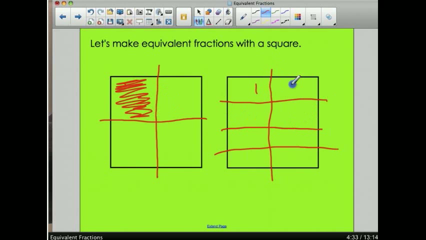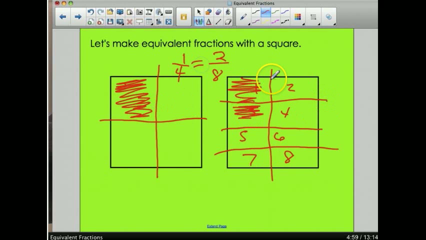Let's see, 1, 2, 3, 4, 5, 6, 7, 8, right? I have 8 pieces. So here I have 1/4. How many of these do I have to shade in to equal 1/4? If I shade in this one and I shade in this one, I'll have the same amount shaded. So that would be 2 out of 8 pieces, and those are also equivalent fractions. Okay? So what I want to do right now is I'm going to